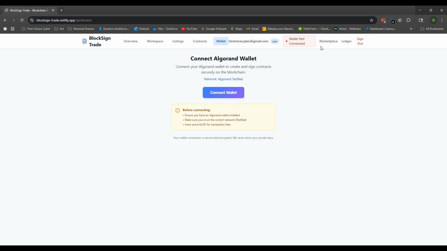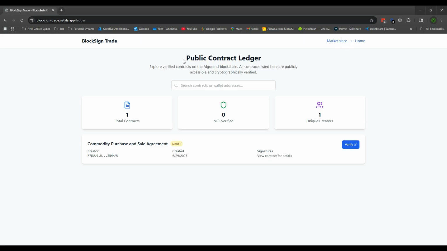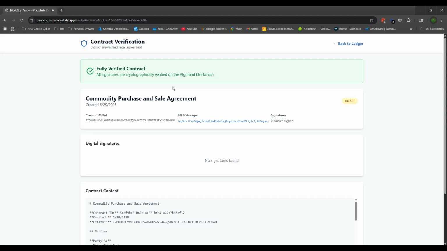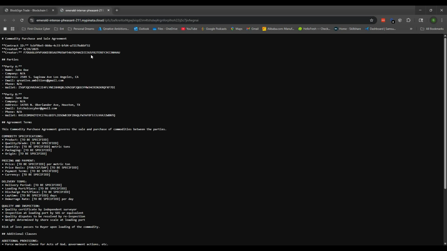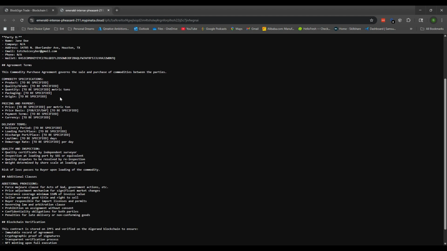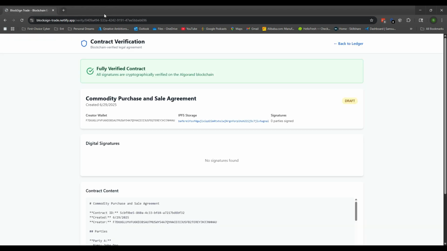You can connect to your wallet here, but before I connect to the wallet, last but not least is the ledger page. So I have my own public contract ledger just to show the contracts and NFTs for this platform. But again, you can definitely go to view them. The goal is for anyone to come here, click and verify, and it takes them to a block explorer if they need to. But as you see here, you can come and look at the IPFS information for that contract,